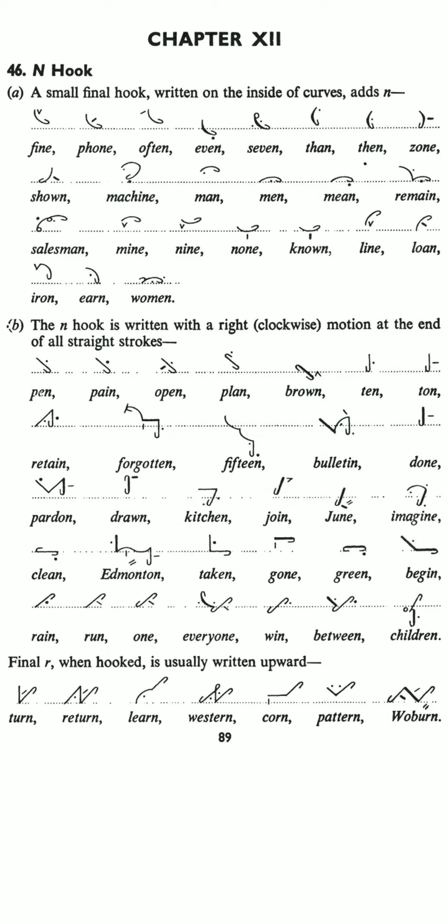Known, same outline, only क्या, heavy dash on the second place of N after it। Line, upward L above the line with n hook, I diphthong on the first place of L after it। Lone, same outline on the line, heavy dash on the second place of L after it। Iron, I diphthong joined with downward R with n hook above the line।